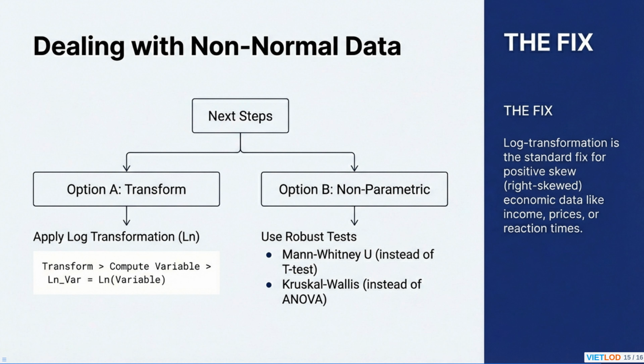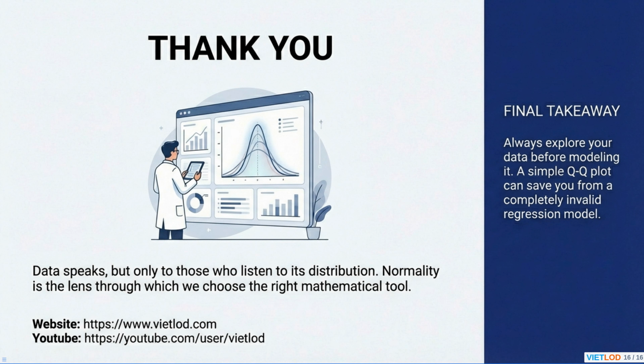When our data does not conform to a normal distribution, we have two primary strategies to consider. Option A is to transform the data. For data sets exhibiting a positive or right skew, which is common in economic data like income, prices, or reaction times, a log transformation is often the standard fix. This can be done in software like SPSS by navigating to Transform, then Compute Variable, and applying the natural logarithm. For example, ln_var equals ln of variable. This helps to compress the long tail